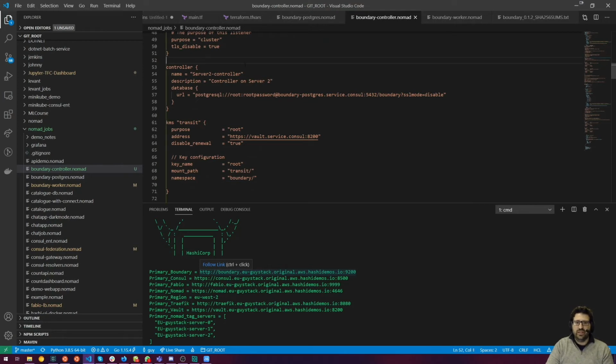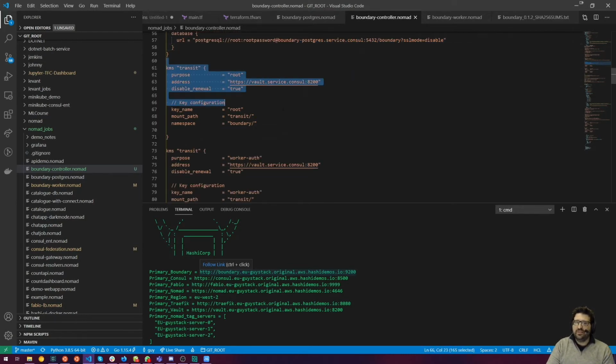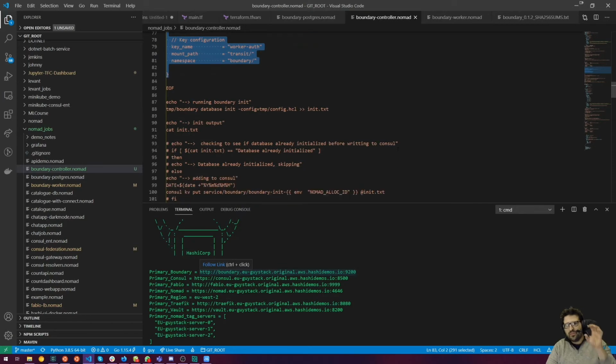using my controller configuration. So I say, this is what I want my Boundary to look like. I have the controller, this is the name that I've given it. This is my connection. Oh, I'm feeling bad, I am going to inject Vault into the solution, eventually. This is where the Postgres resides, and what are the credentials that I use to connect to Postgres, and which KMS solution and what are the identifiers for the keys that we have in place. So we have one for our root, which is used for the controllers, and we have one for different workers. Once that is initted, we save the configurations